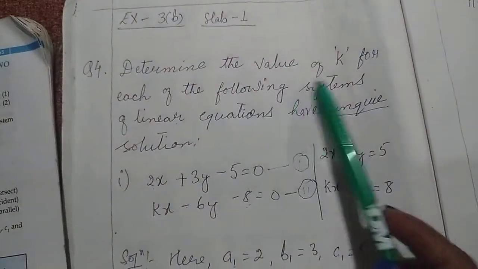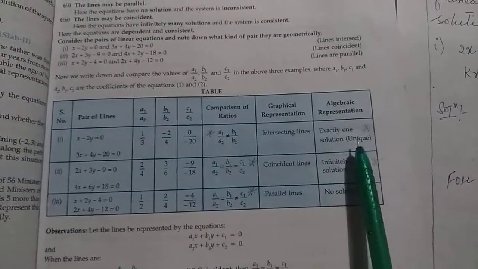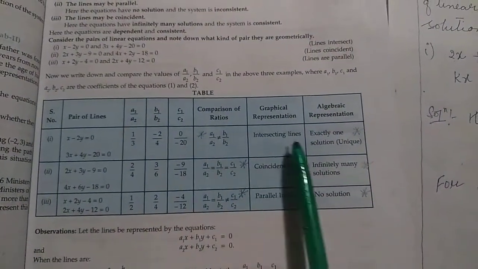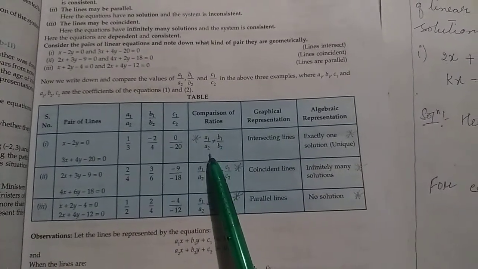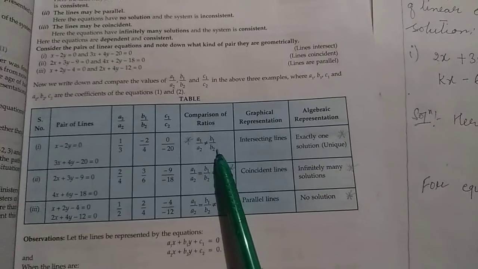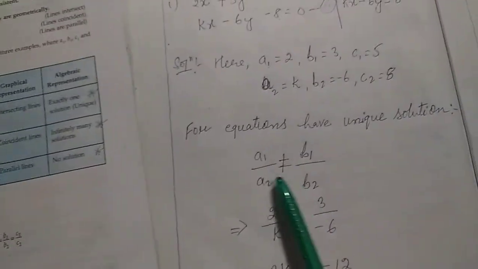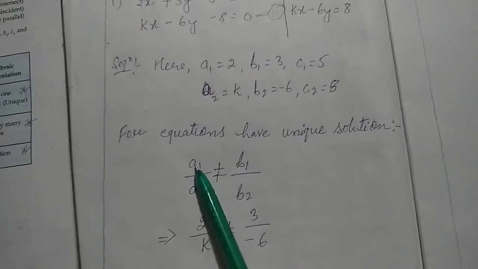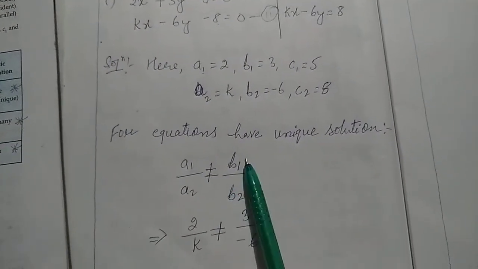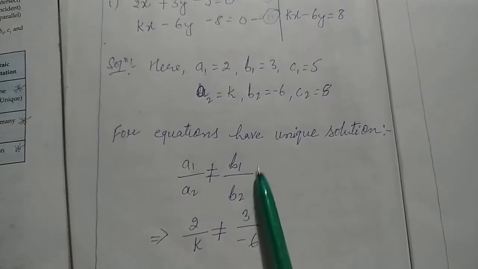See, determine the value of k to have unique solution. So we need this. Coming to the corresponding side, what is the condition? A1 by A2 is not equal to B1 by B2. So we will use this condition here. So we have written, for equations to have unique solution, A1 by A2 is not equal to B1 by B2. We will put the values of A1, A2, B1, B2